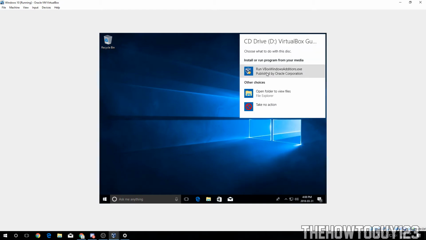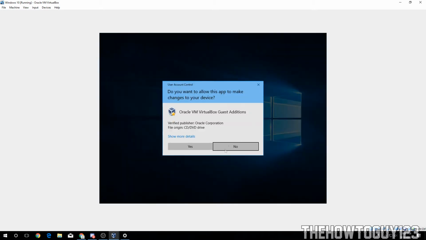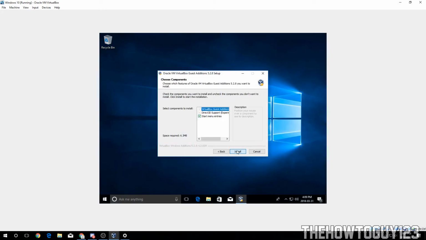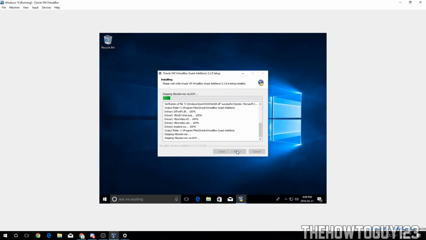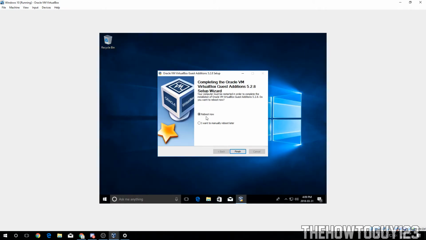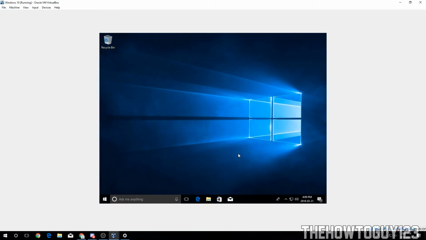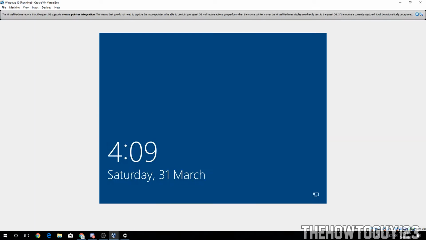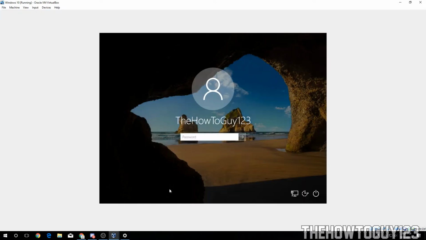and run VirtualBox Windows Additions.exe, then click yes, and then just go through the setup here, next, install, and then install, and then reboot now, click finish, and there we go. Now to full screen our virtual machine, all you gotta do is come up here to